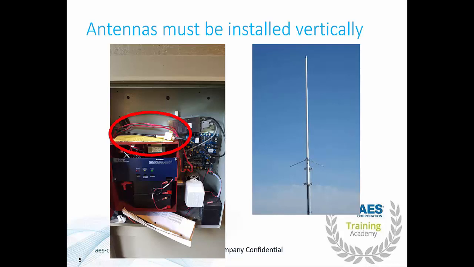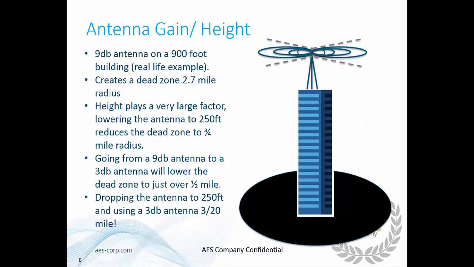Remember how I said as you go up in dB of the antenna, it is important to go down in height as a general rule. Well, this is a real-life example from a person that put four 9 dB antennas on the top of a giant building in the middle of a city. You ask, why would somebody do that? Well, IP links, which is the product that turns the AES radio signal into data and sends it to the central station, are very expensive.